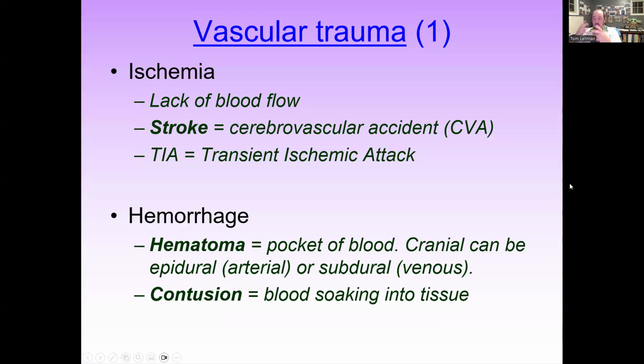Vascular trauma is something that stops oxygenated blood from reaching brain structures, whether it's an aneurysm or it's an embolism, something that we don't have good oxygenated blood flow to a structure. If it's a temporary lack of blood flow, that's ischemia. And specifically, when we talk about the central nervous system, we'll refer to a cerebral vascular accident or a stroke. And that would be the result of that ischemia to that part of the brain. A TIA is a transient ischemic attack. That means a reversible stroke.